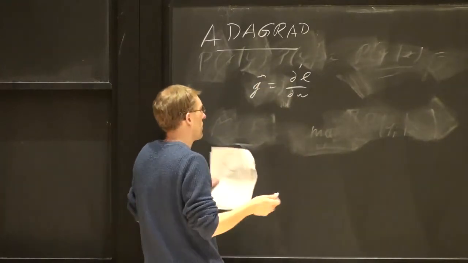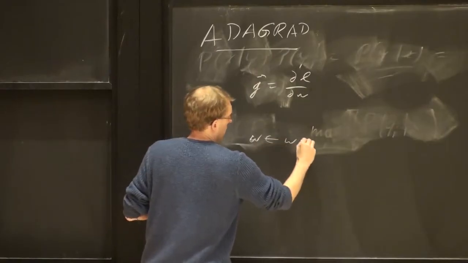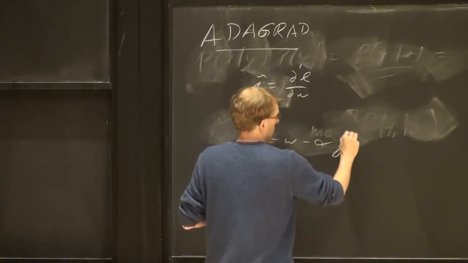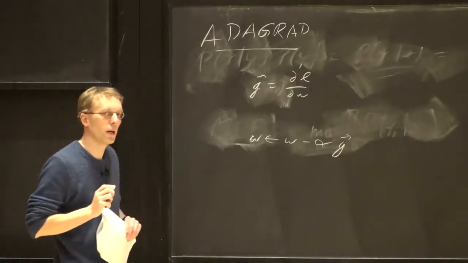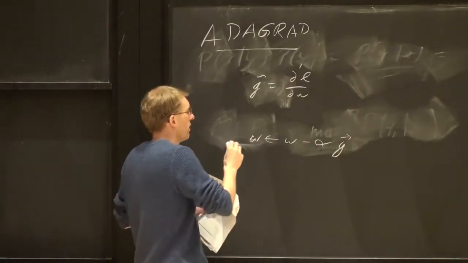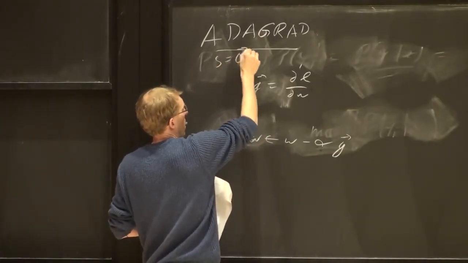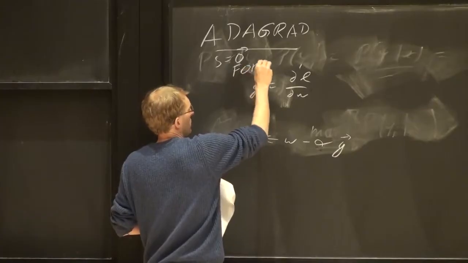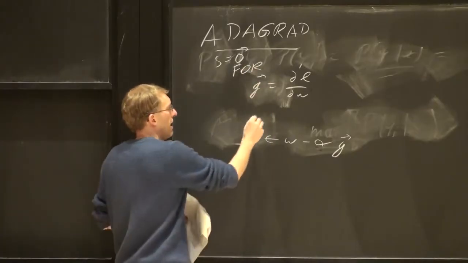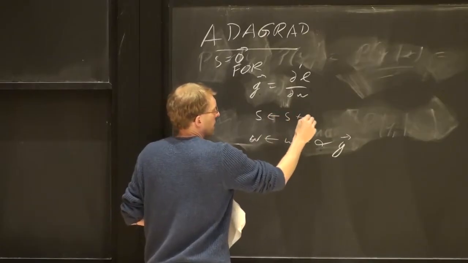And then what we had before is W becomes W minus alpha times G. So that's the gradient descent algorithm. And we don't know how to tune this alpha, so here's what we do. We start with some vector S, which initially is 0. And here we put our for loop. And then every time we compute a gradient, we say S becomes S plus G